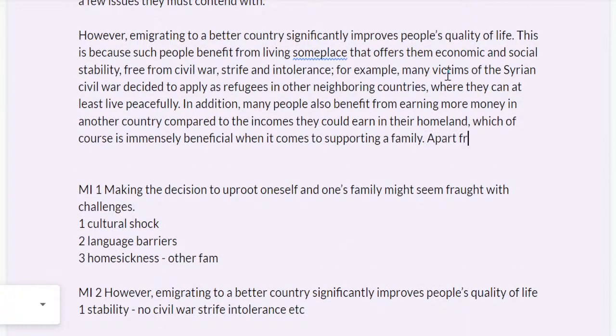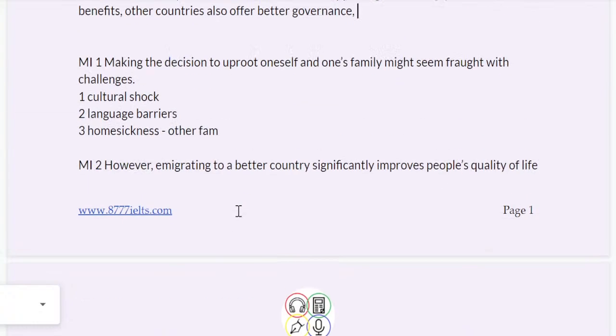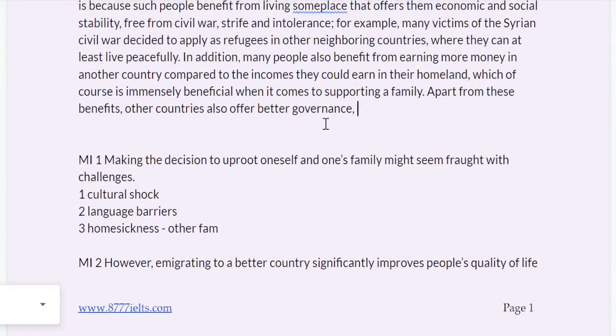Apart from these benefits, they also experience, or maybe other countries also offer better governance. I could say a more, let me see. How do I note? Okay, public services. Other countries also offer better, more transparent governance and public services,